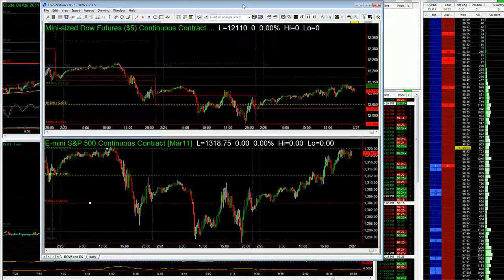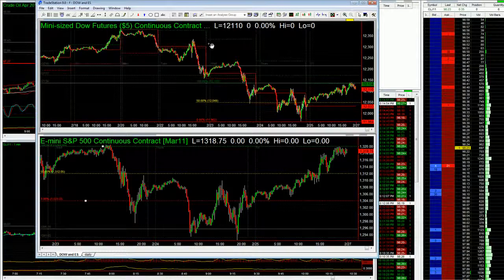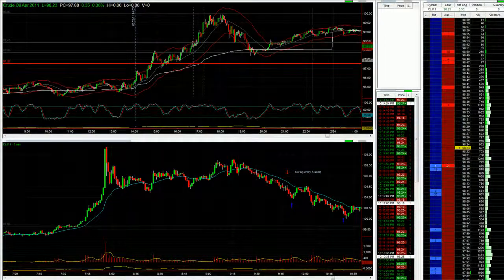Looking around, trying to find. Here we go. It's the sort of thing we had on the Dow. We had that continued down move, one down, two, three, and then there's the flush, and then there's the reversal. It's a little bit clearer on the actual cash, on the Dow cash, but it's the same sort of thing. We poked under the 12k and then pushed up. Anyway, I'm digressing slightly.